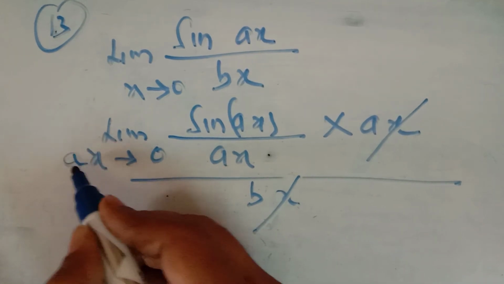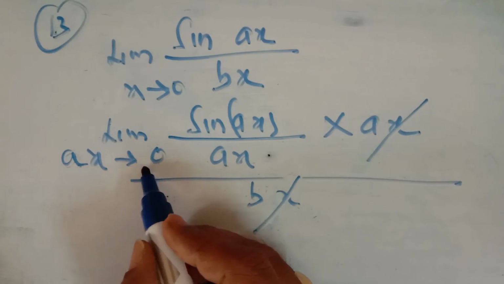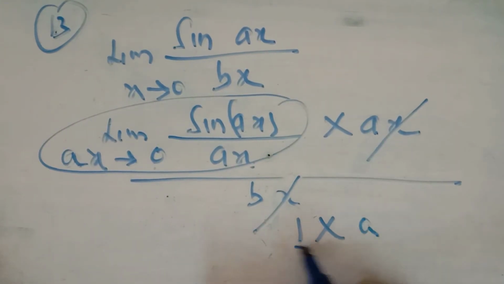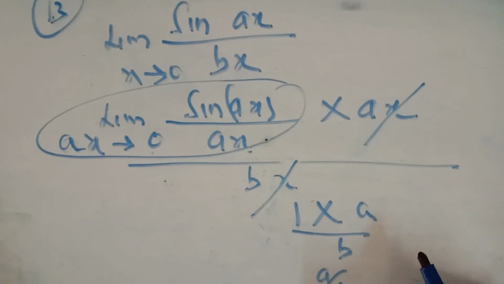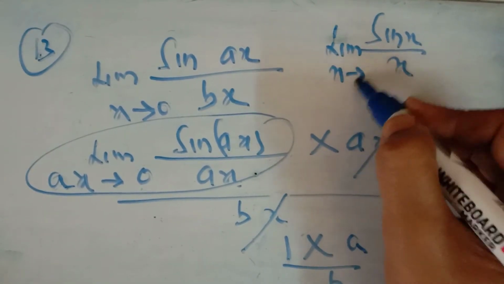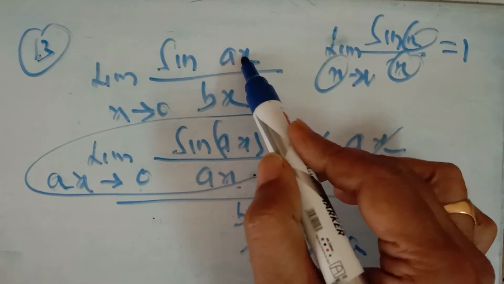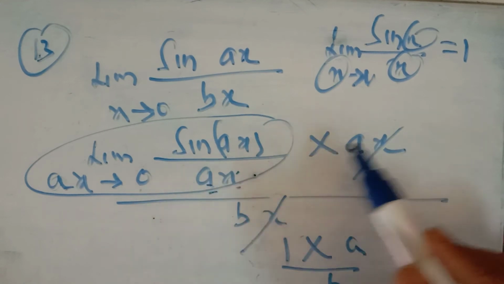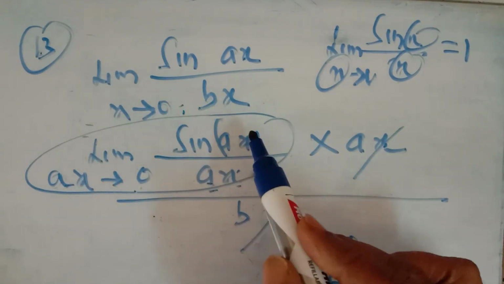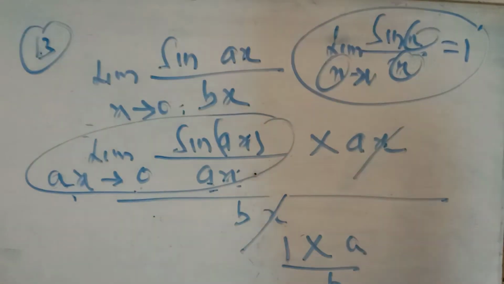Now, limit x goes to 0: if we multiply both sides by a, it will still remain 0. So the limit of this sin ax upon ax function is equal to 1, and what remains is a upon b. So the limit of the function is a upon b. Whenever you want to make the standard form of this standard limit, the expression inside sin and the denominator should always be the same, then it is equal to 1. Because we have ax here, I multiplied and divided by ax in the numerator and denominator, with x going to 0. I multiplied both sides by a so that this and this become the same, so that I can use this standard limit.